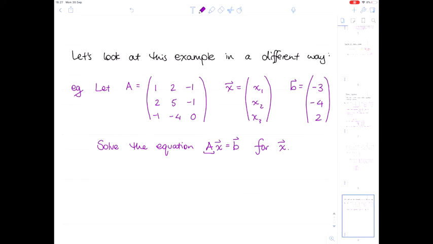But we could first have multiplied out A times x. So let's have a look and see what that does. So if instead I'd said A times my matrix x